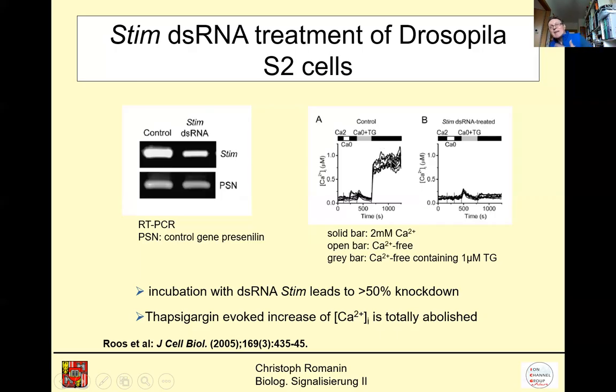So the idea here is also by using a store depletion in the absence of extracellular calcium. Whatever we see here only occurs due to calcium out of the stores. But whenever the stores are depleted, then there is no calcium in the cell anymore. Whenever we switch to 2 millimolar calcium at the extracellular, the outside, whatever we do see here is the influx